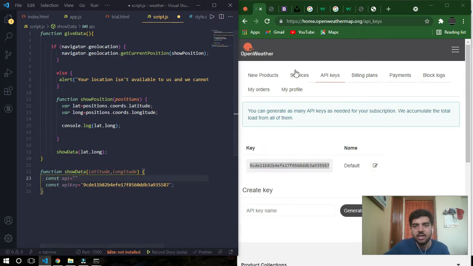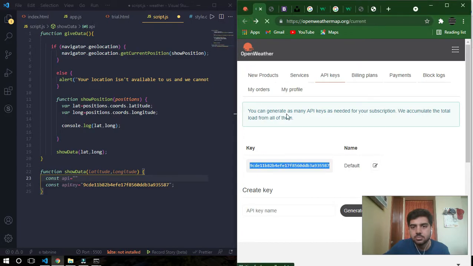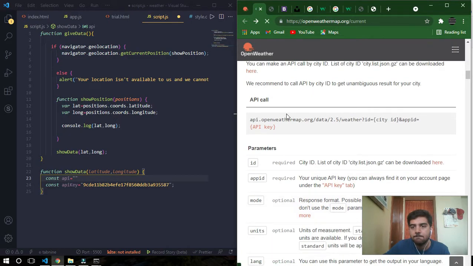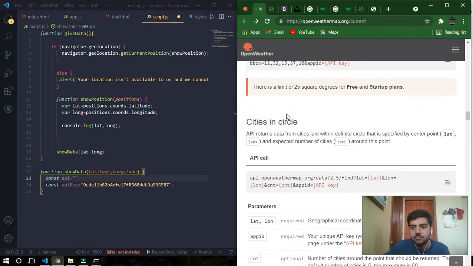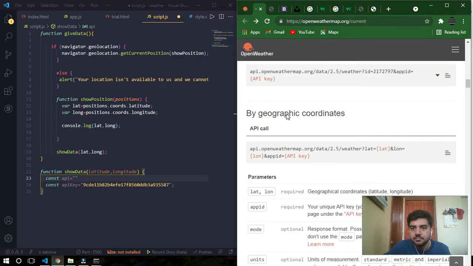And the API is the one which we used with latitude and longitude. I'll copy and paste it here.